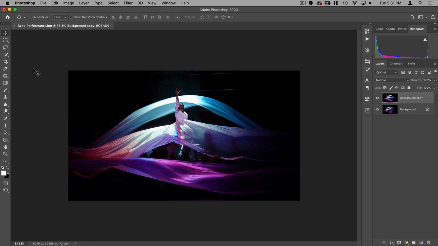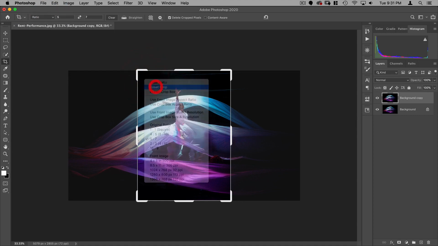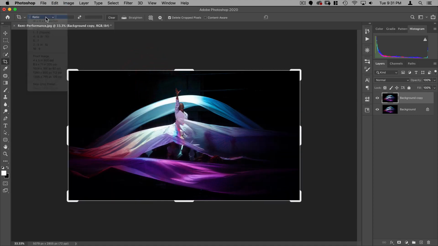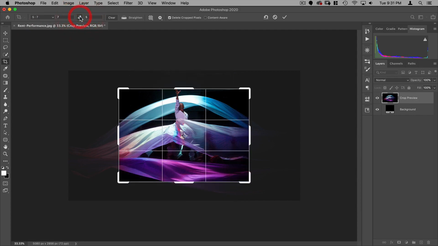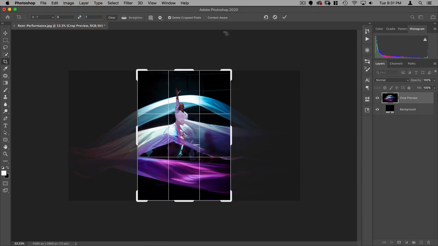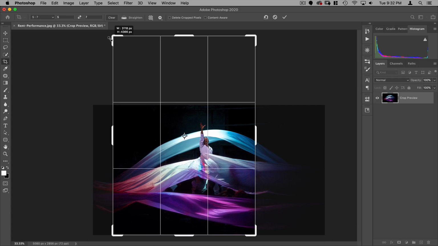Then I want to do crop. I want it to be 5:7. So if you're just using the crop tool, you may see something like this. Just go up here and go to 5:7, and you can switch these here, and also you can switch these by hitting X on your keyboard. All right, I want to make sure delete cropped pixels is turned off. That's going to make sure that any information in layers that overhang my crop is still there, meaning I can move that layer afterwards and I haven't actually lost the information inside.